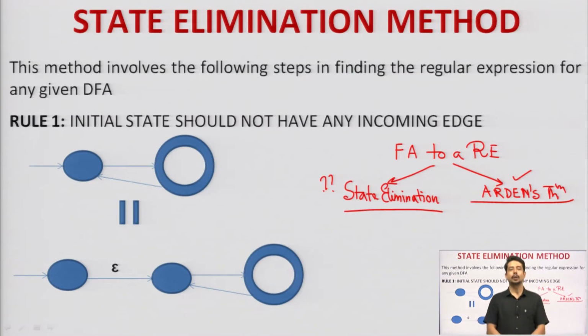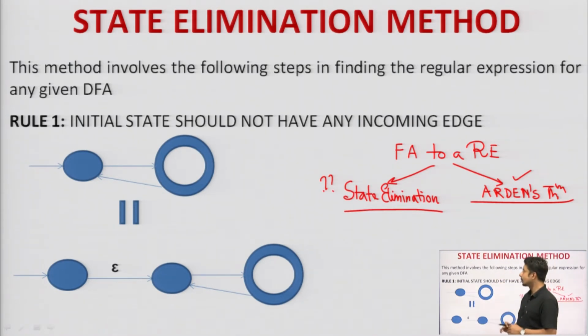If we talk about the state elimination method, the terminology itself says that we need to eliminate states. Now, if we eliminate all the states, you will not get any string or expression. We need at least two states to declare the final expression. What are those two states? One is the initial state and the other one is the final state. Do not start eliminating all the states. You need to eliminate all the other states, keeping in mind that we need the initial state and the final state at last. So, this is our agenda of the state elimination method.